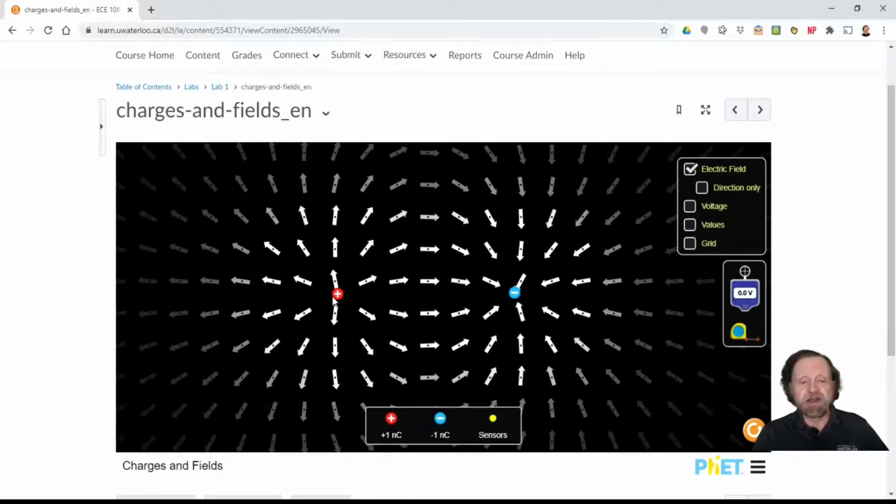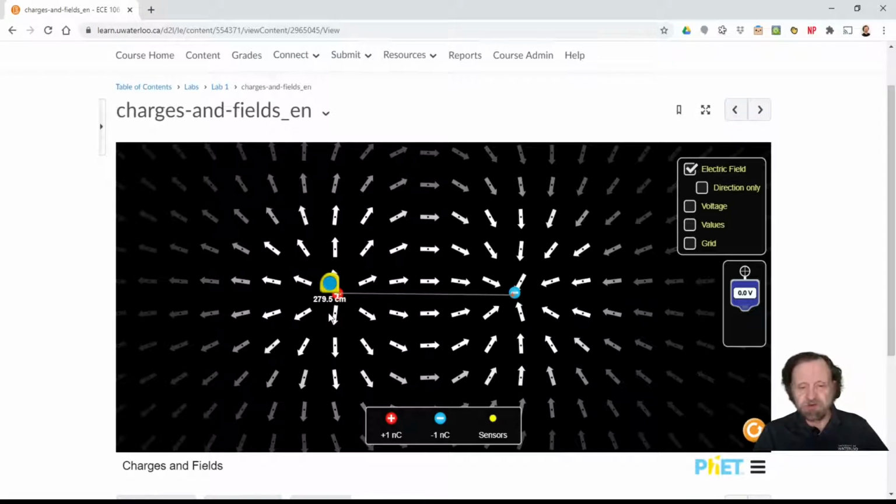Now let's just say I want to measure the distance between those two charges accurately. If you look at the right, you'll find a tape measure. And that tape measure, it might be hard to see this on video, has two orange plus signs, little crosshairs. I'm going to place one of them over the plus charge and drag the other one over to the minus charge. And it tells me the distance between those 2 points is